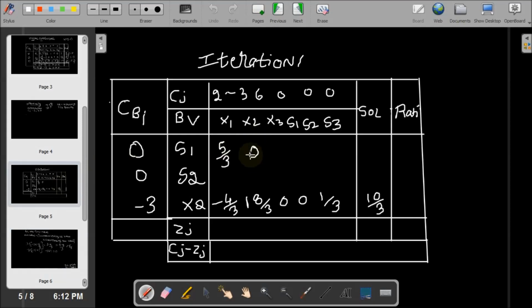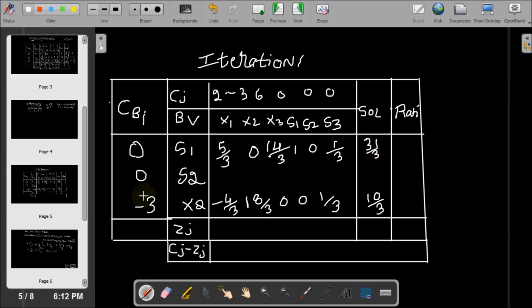Getting, guys? In the same way, I can write directly. I will write the values here. So 14 by 3. So directly I will write the values. So you can calculate that, right? 14 by 3, 1, 0, 1 by 3. So solution value will be 31 by 3. You can find out, very simple. Getting, guys? So I found out the new values for S1.